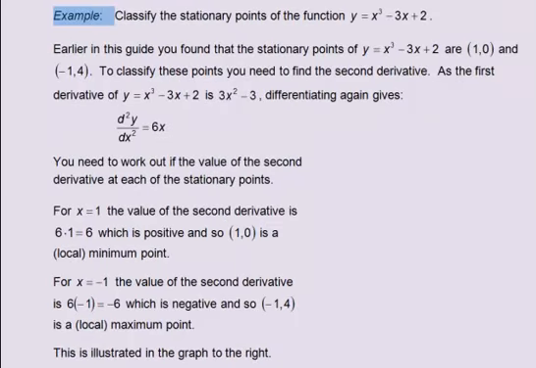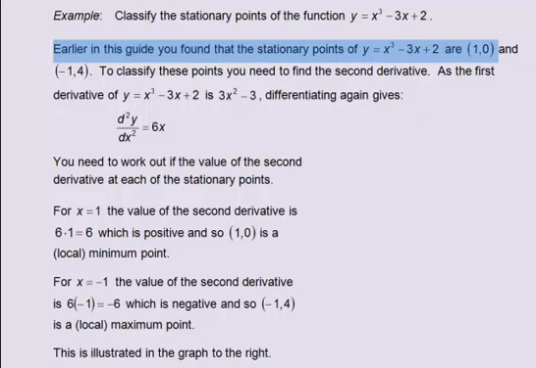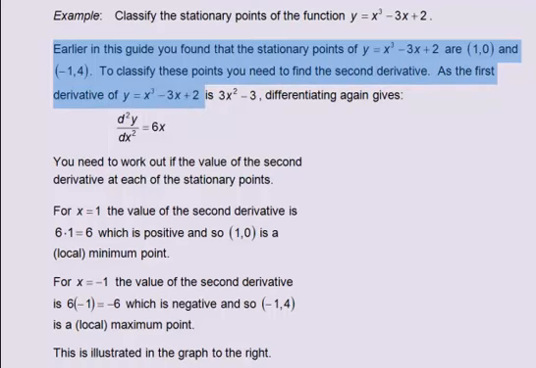Example: classify the stationary points of the function y equals x cubed minus 3x plus 2. Earlier in this guide you found that the stationary points of y equals x cubed minus 3x plus 2 are (1, 0) and (-1, 4). To classify these points you need to find the second derivative. As the first derivative of y equals x cubed minus 3x plus 2 is 3x squared minus 3, differentiating again gives